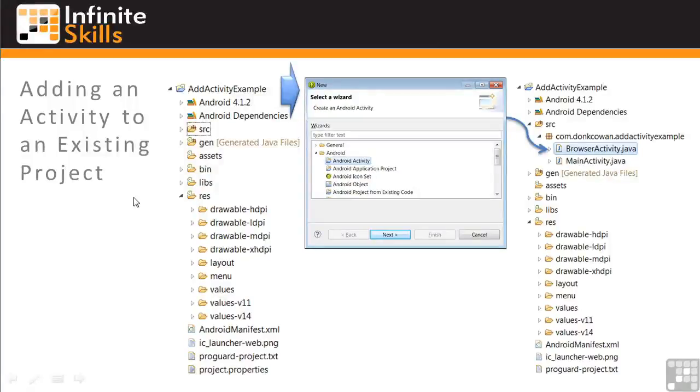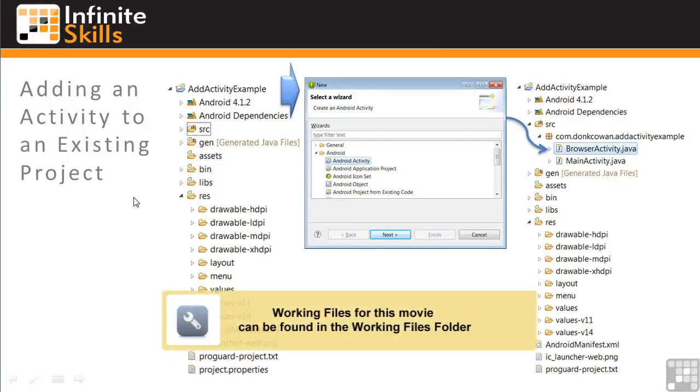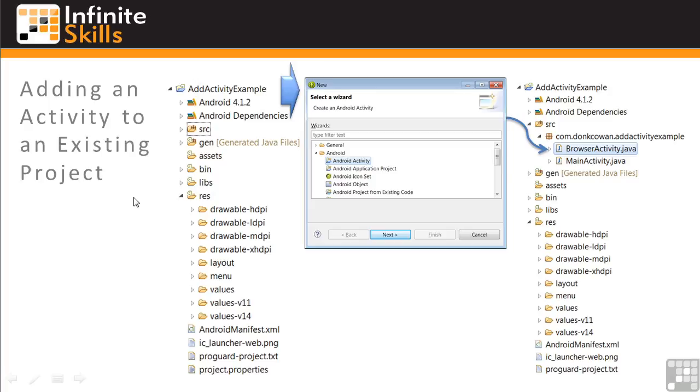In this lesson, you'll learn how to add an activity to an existing project. You'll do this many times in your Android development career. It's a common task. To do this, we'll use an Android wizard to add an activity to our Add Activity Example project. The new activity will be called Browser Activity, and it'll join our already existing main activity in the